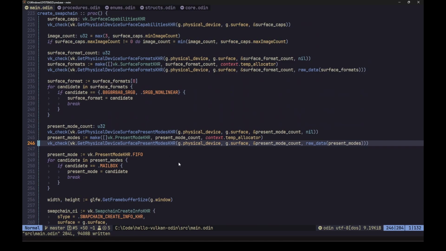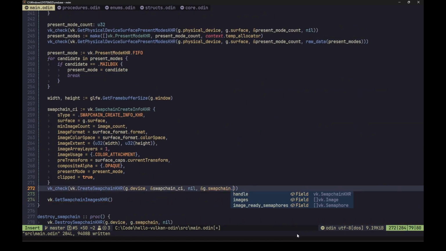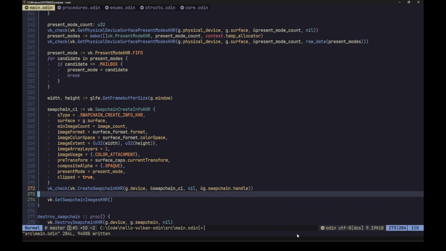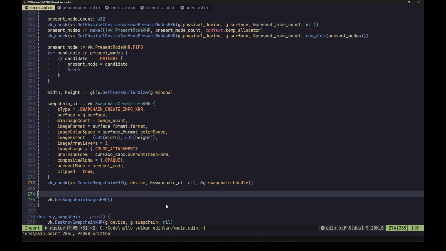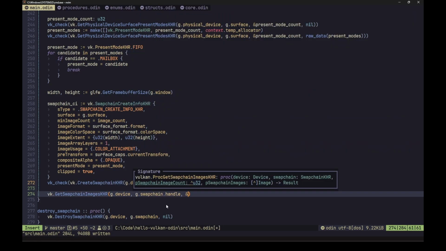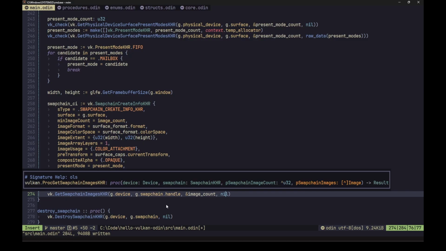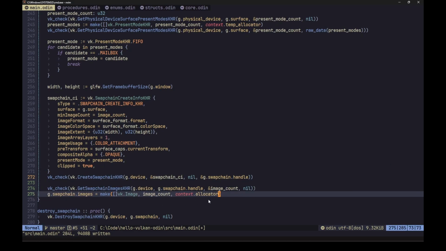So now in the create swap chain procedure, we want to store the handle in the handle field, obviously. Now we want to get an actual image count. We already have a local image count variable, so we might as well reuse it for the get swap chain images call. So that needs a device, the swap chain handle. We store it in image count, specify nil for the actual array for now, wrap it in VK check, allocate a persistent slice of images because this is what we are gonna use while the application is running,